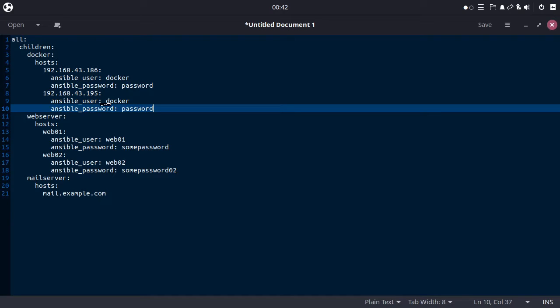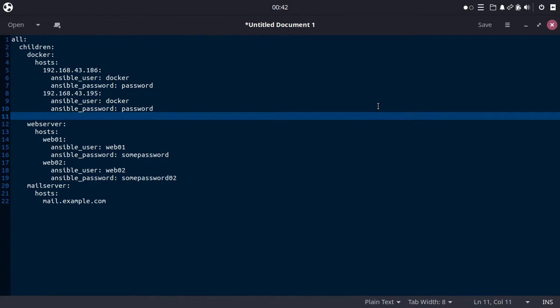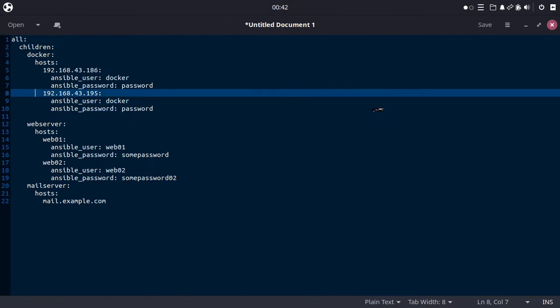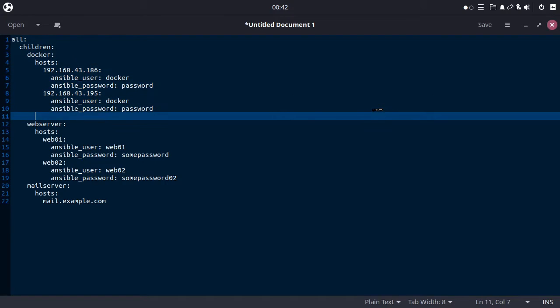So all the Docker servers will have the same username and the same password. Then you can actually simplify the script, the YAML file, on the host level. We put it on the host level like this one.